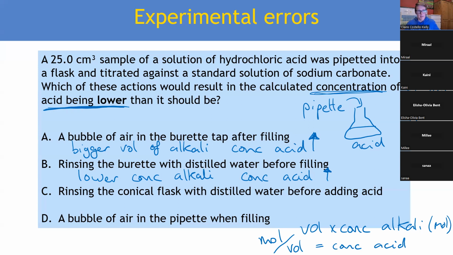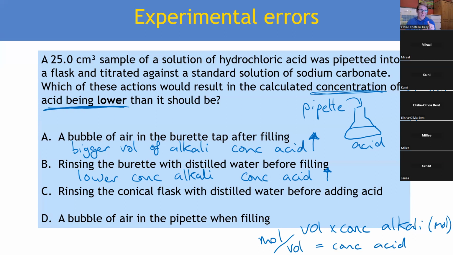Now let's think about the acid. So my acid is in a container, beaker, whatever. Stick my pipette in, and I take in a nice exact volume of acid, and I transfer it to a flask. Now, what I'm using for the calculation there is the volume of the acid. That's important. And I want to work out the concentration of the acid in that beaker, not in the conical flask. So that's fine, because